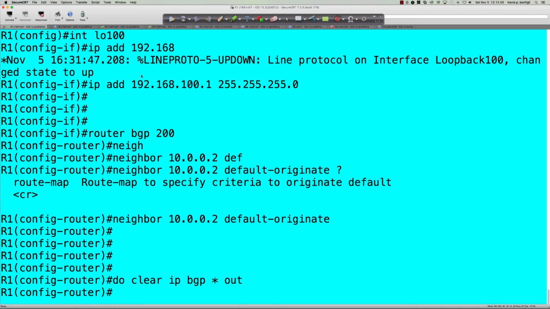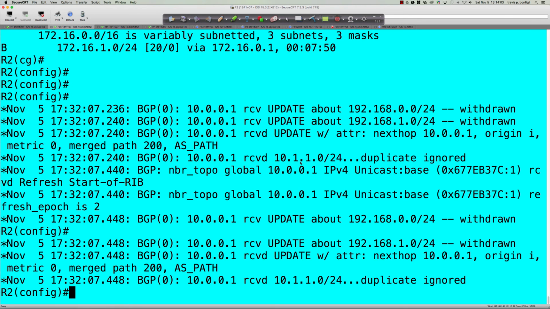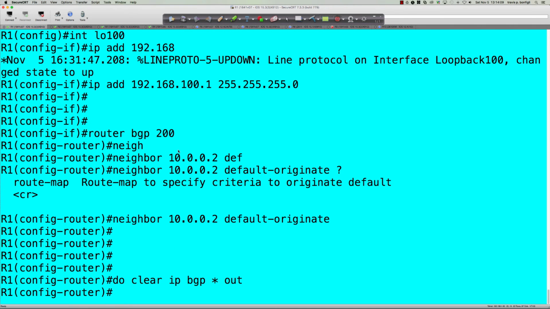Right, again, that soft refresh, that non-disruptive refresh. What do we see here? What did we actually do here? When you talk about those tables, the adjacency RIB in, the adjacency RIB out, or the input queue and the output queue in most modern implementations